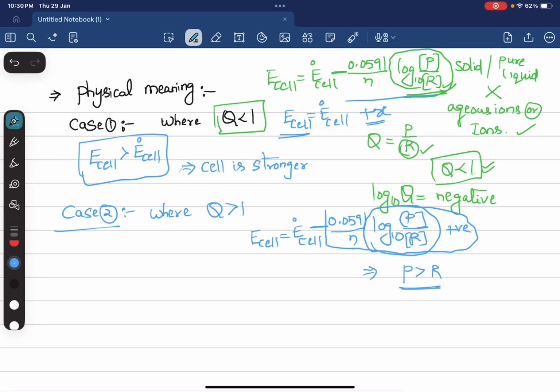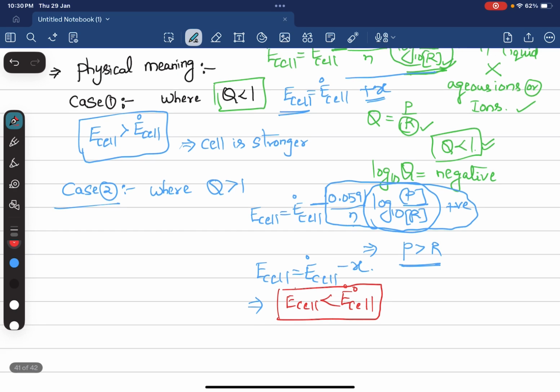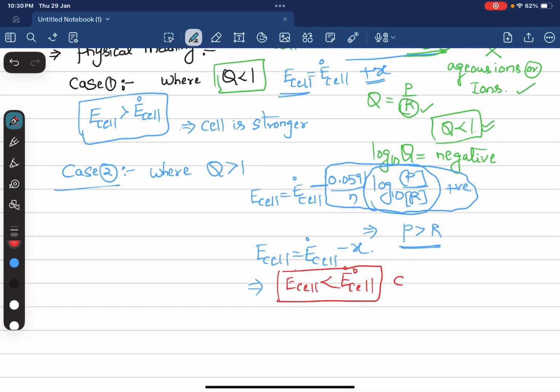So what can you conclude? E cell equals E naught cell minus X. According to this statement, E cell is less than E naught cell. So this is the equation which we get as a result. So here the cell is weaker. We can define it as the cell is weaker, because